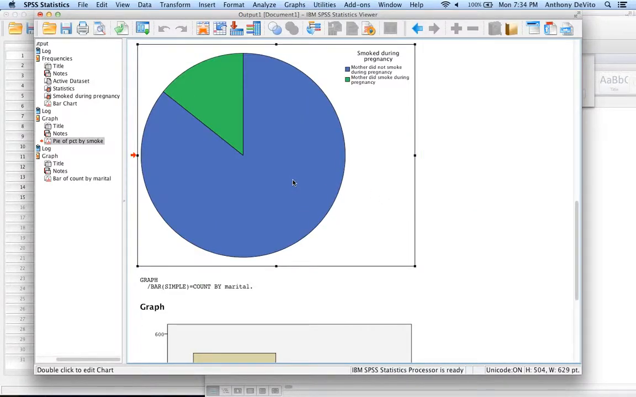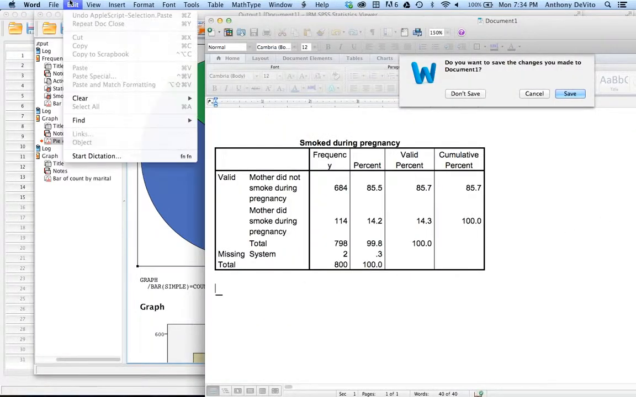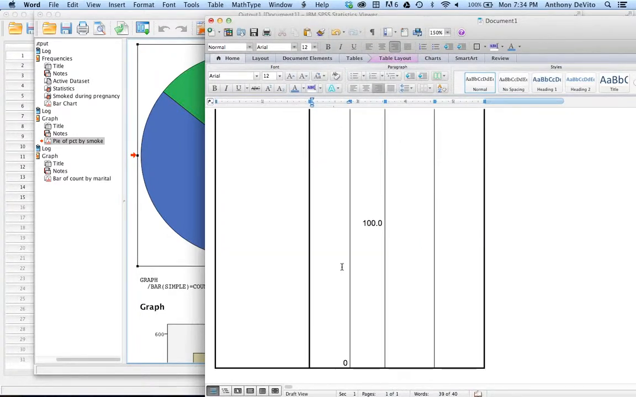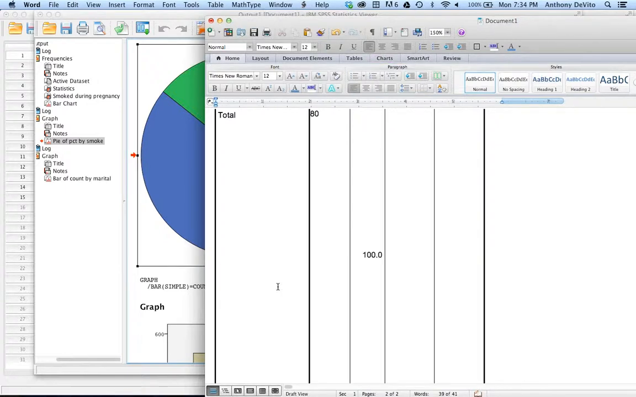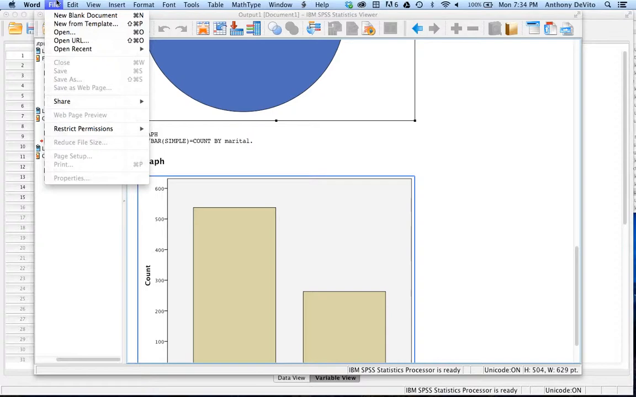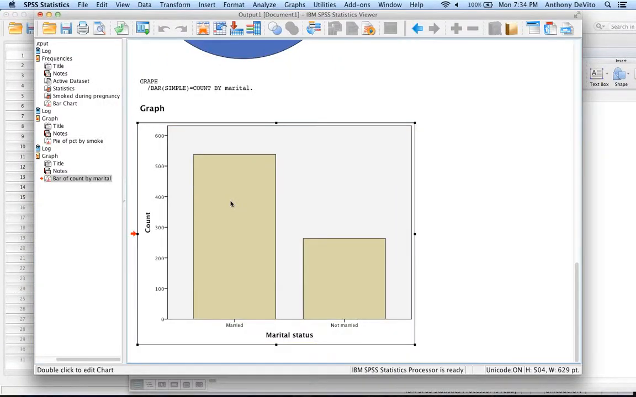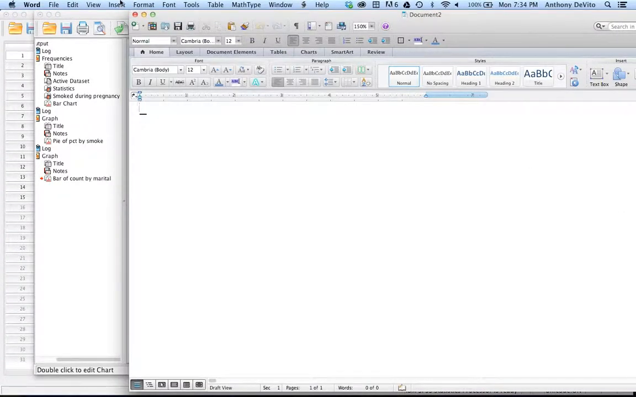Now, I know for sure it should let me copy and paste. Oops. You want to save the changes, cancel. And paste. Whoops. See what happened with that table? Kind of weird, right? Let me get a new document. Okay, I'm going to take one of these tables. I'm going to say copy, and I'm going to say paste,